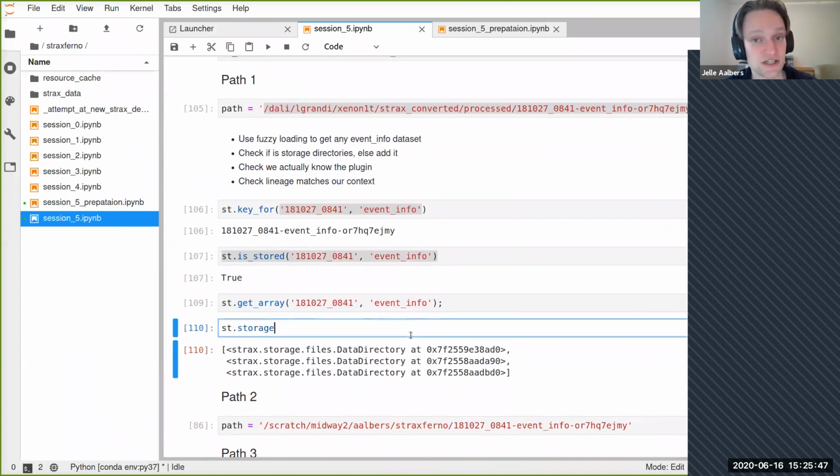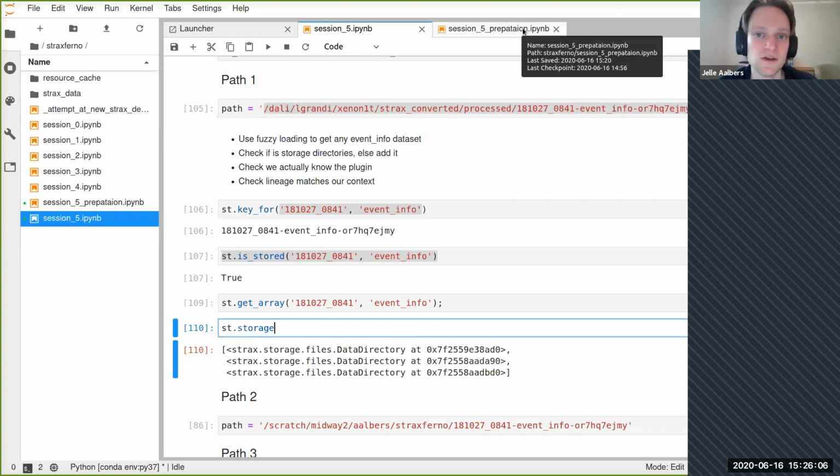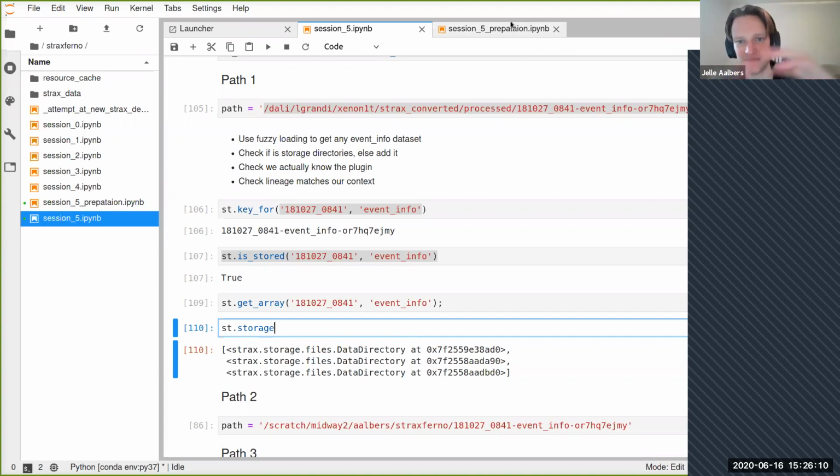So is this a case for concern? What do you think? No, it shouldn't matter. It should be the same data because the hash is the same. Exactly. The hash is the same, so it doesn't matter where the data is. We should just be able to load it, and it will always be the same. Of course, you could imagine some hypothetical scenario where somebody has been messing with the data, just opening the files and editing some bytes.